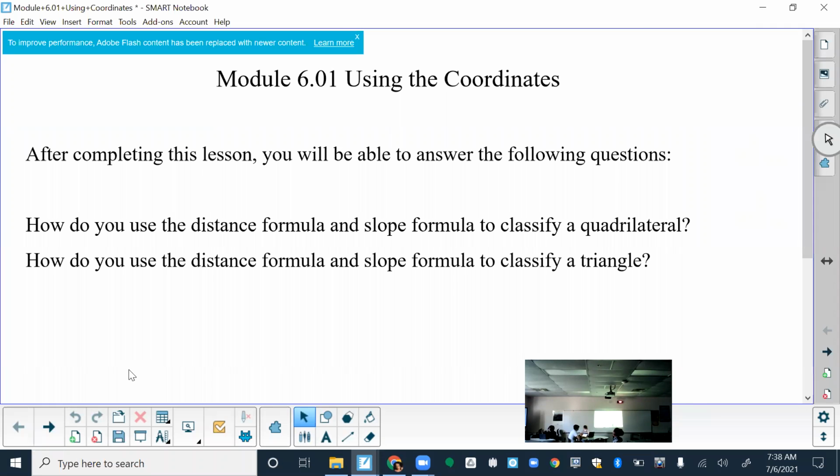All right, so using the coordinates is the first topic that we'll be talking about. So also using distance formula and slope to classify things as quadrilaterals, and distance formula and slope to classify a